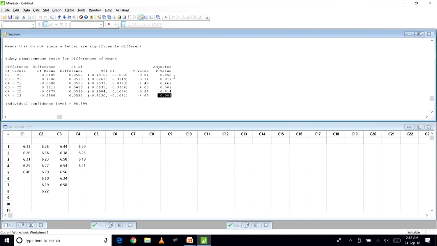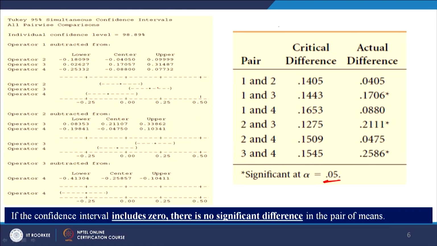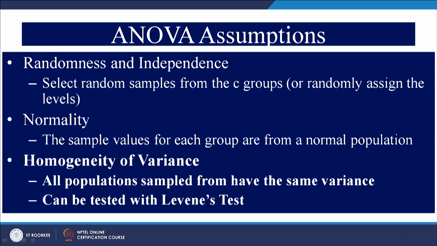So, we are getting the same answer as the Minitab output, right. So, this is how you can solve a question using Minitab on ANOVA having different sample sizes.